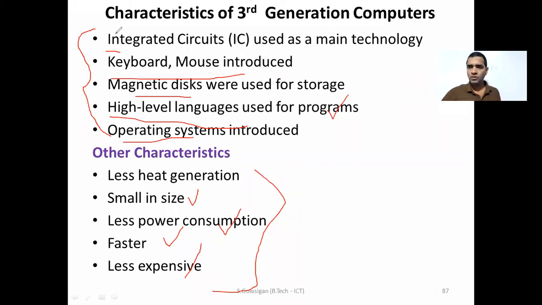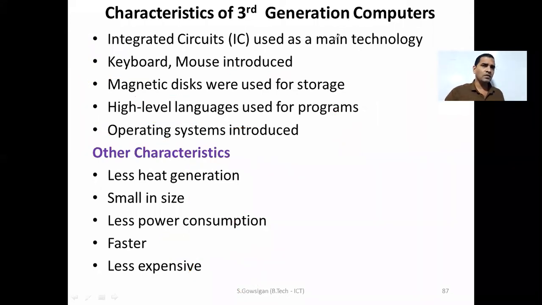Okay, right. Now, see here, during the third generation, some of the major changes occurred, right? Like the invention of keyboard, mouse, maybe OS. So these are, you know, in the history of computer, vital introductions, right? But even though the computers had some unwanted characteristics like heat generation, maybe, right, the power consumption. So again, the computer scientists changed this technology, right? So IC used, but they wanted to change the IC. So they replaced the IC by another type of IC called